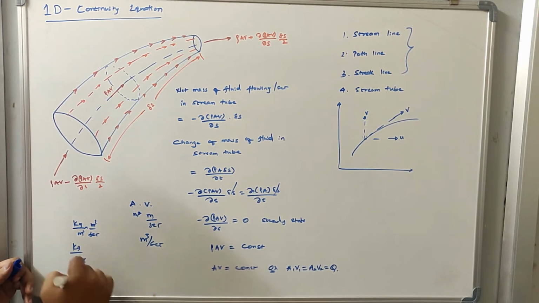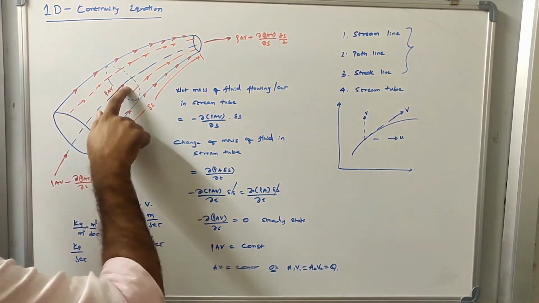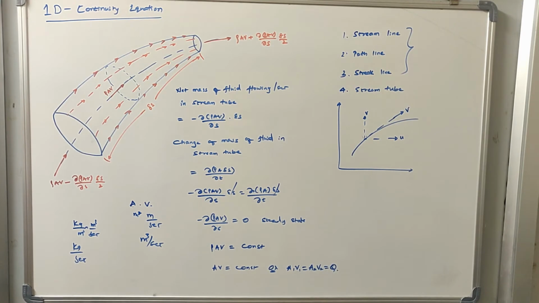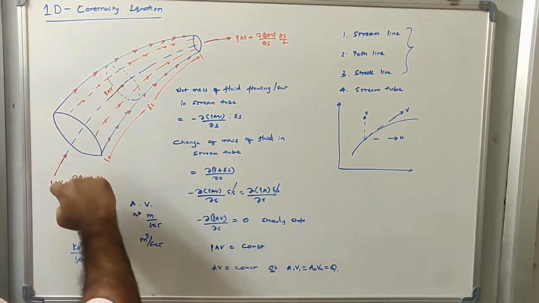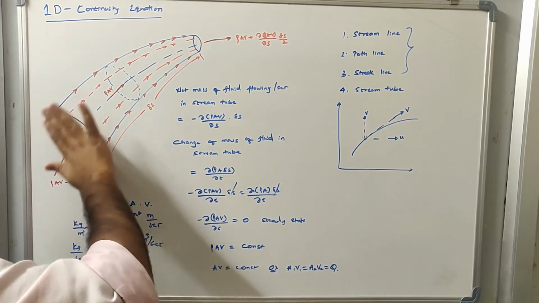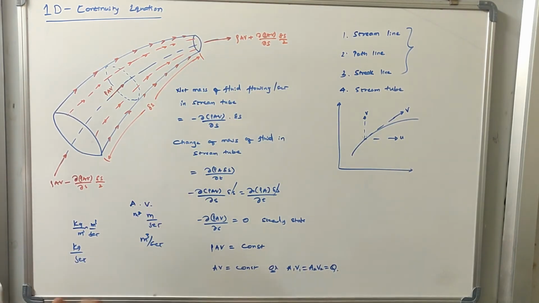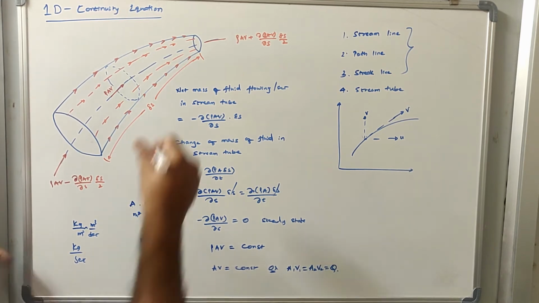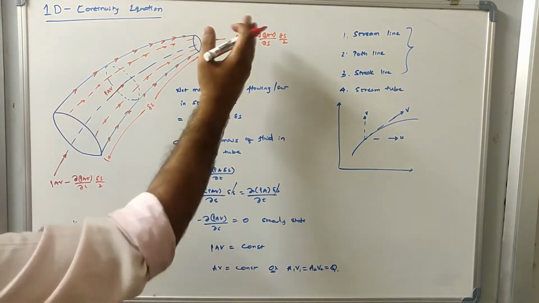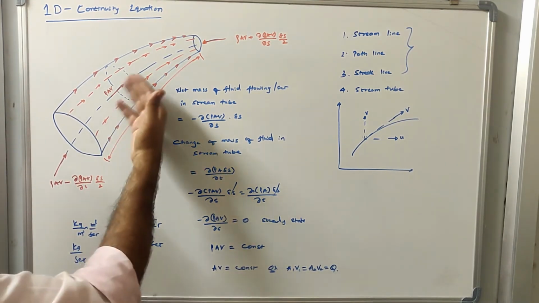I told you what kg per second is in the previous video while solving the continuity equation. Kg per second represents the mass of fluid that is flowing per second at this point. Now once I identify how much is the mass of fluid flowing per second at the mid of the section, I would like to identify how much is the mass of fluid flowing through the entrance of the stream tube and the exit of the stream tube. So let us do that. Let us identify how much is the mass of fluid that is entering from this face and this face.